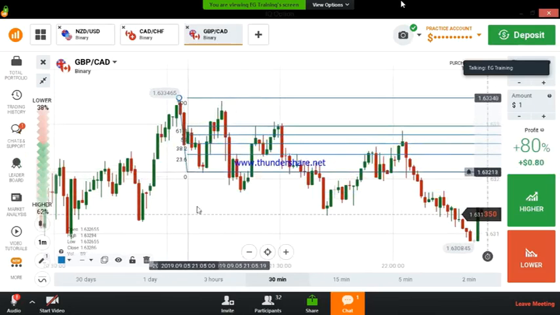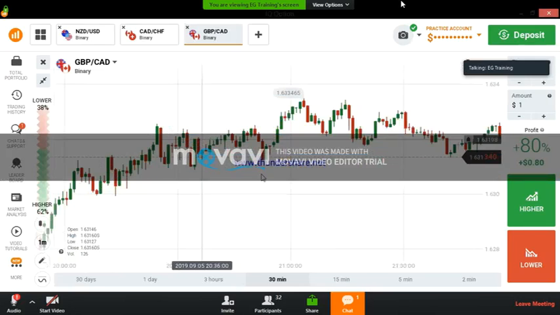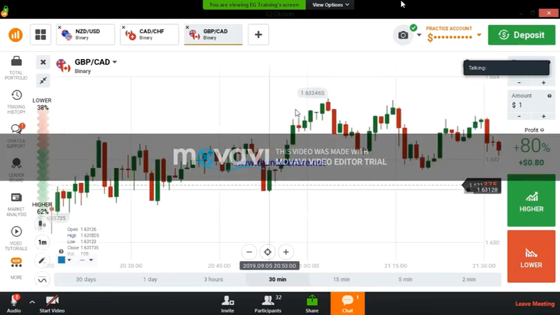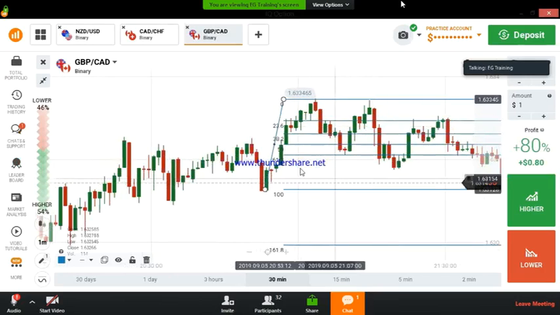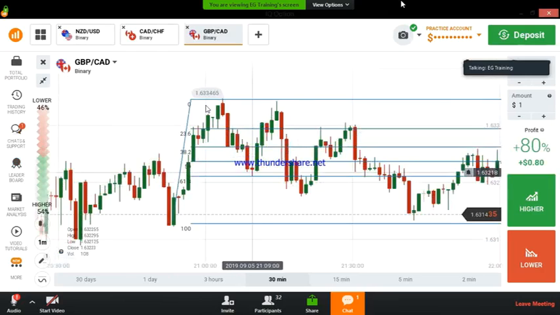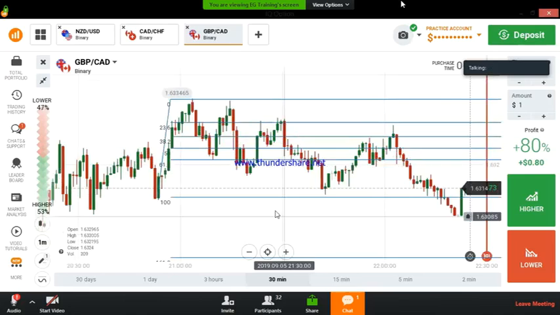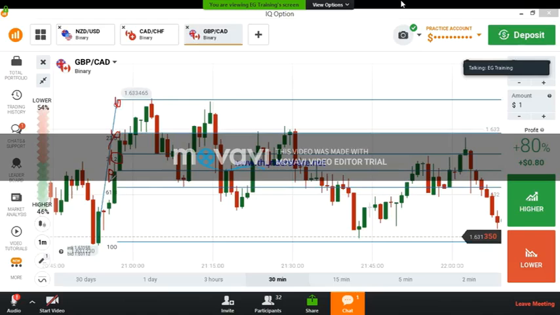If you want to draw the Fibonacci tool in the uptrend, like this, always select lower low to higher high. So always select lower low to higher high in an uptrend, and always select higher high to lower low in a downtrend. Draw a Fibonacci tool, then you will get some levels here. These 6 lines are the SNR levels.